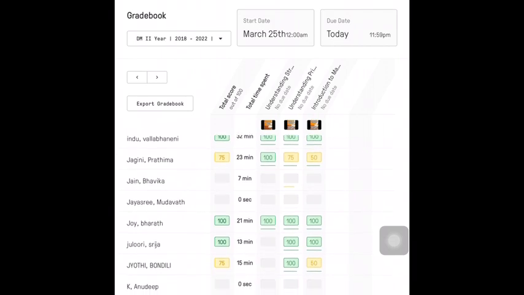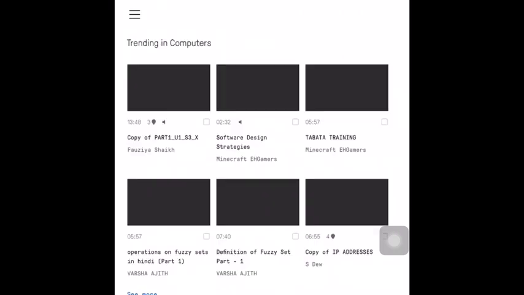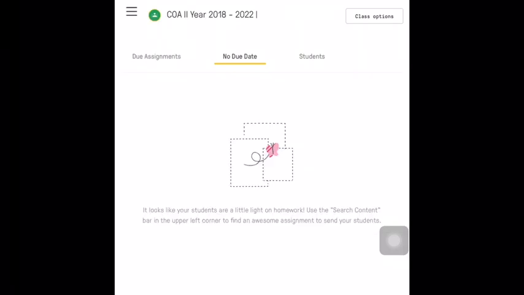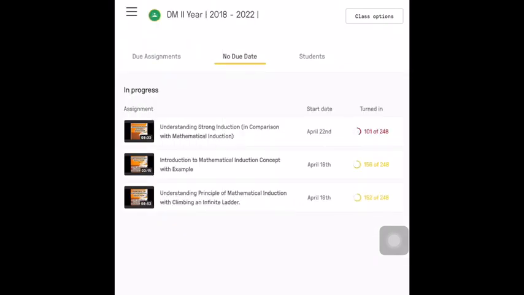Now we'll see another option called content. Just beside grade book you can see a tab called content. We can have a lot of content here. We can upload videos prepared by others, or else we can have our own videos and make them into assignments. As per my assignments, these 3 videos are prepared by me, and even the questions are prepared by me.